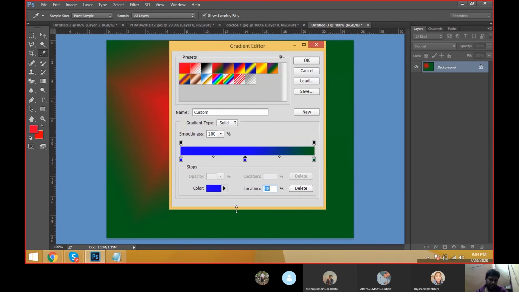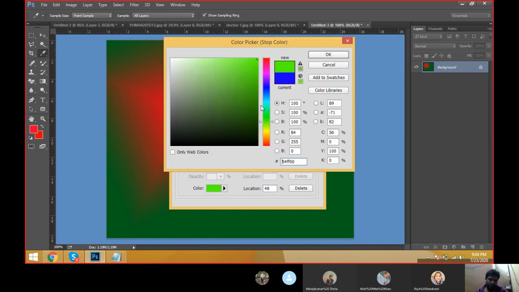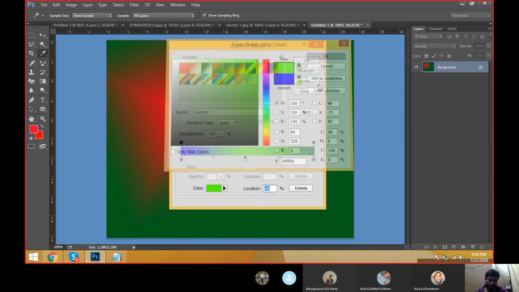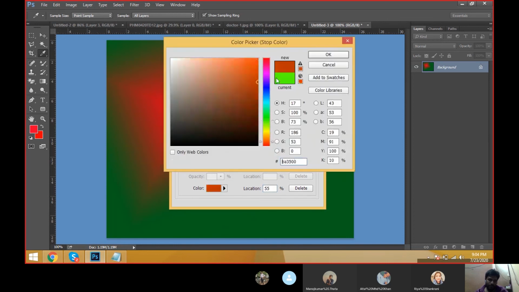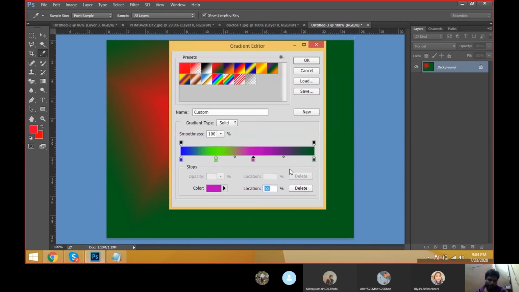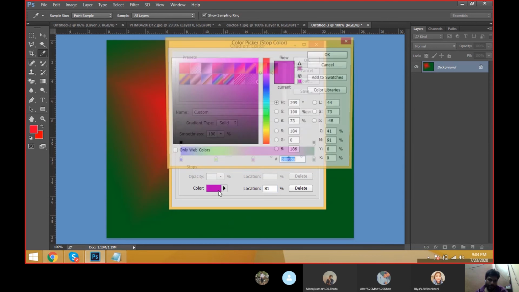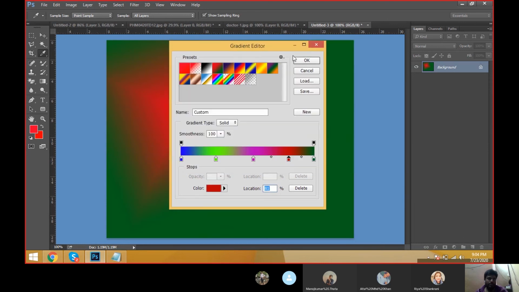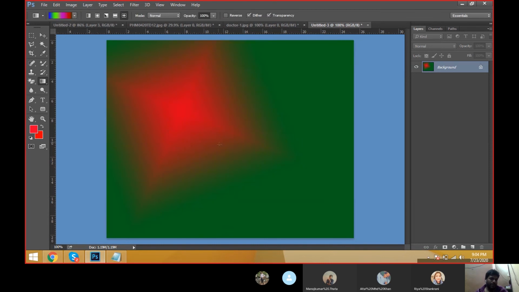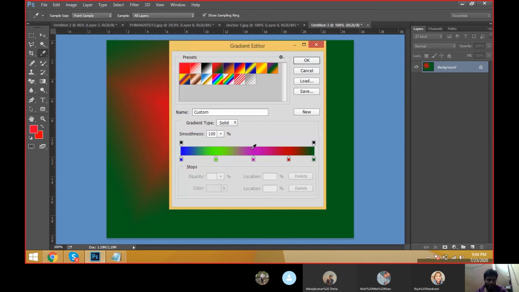Again you can add one more point and keep one more color. Again you can add one more point, like this. Okay. See, this is the multicolor gradient.